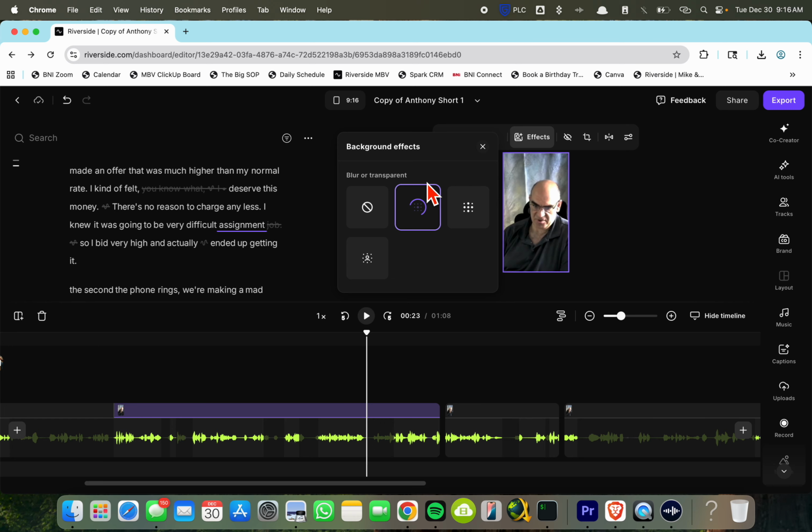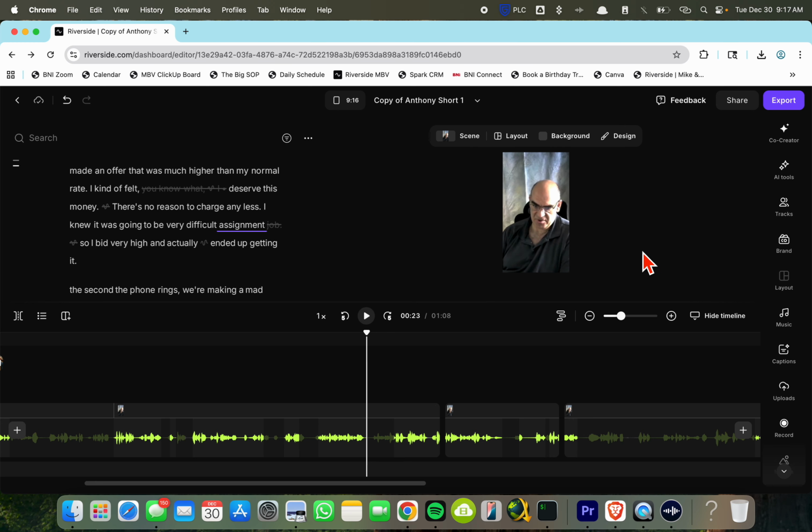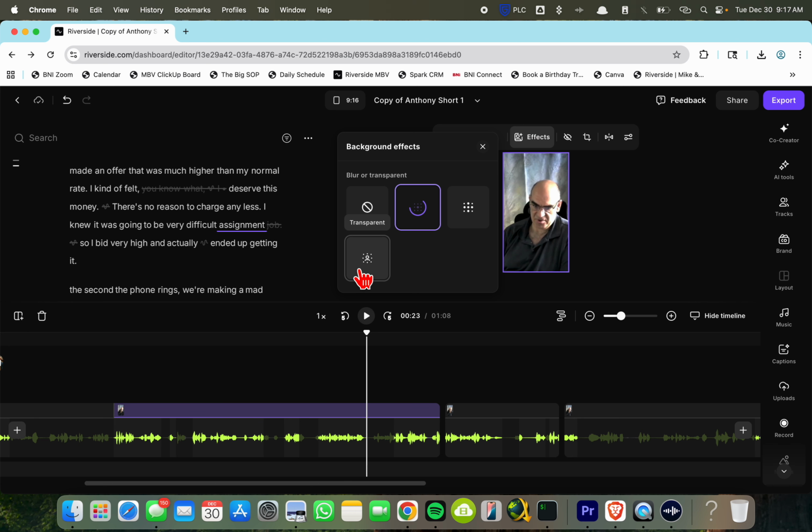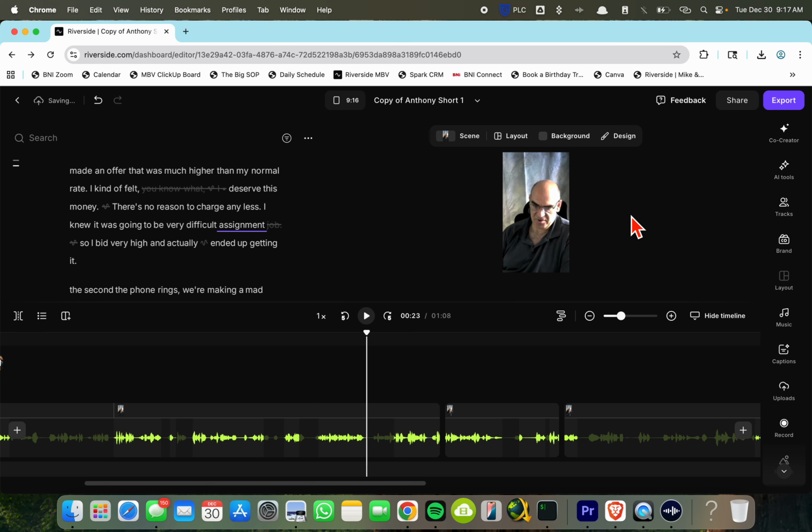But you can blur the background. So slight blur. I like slight blur, but I don't use it very often. There's full blur, which is more blurry, and there's also transparent. I've never used that before actually, but it seems like it might be useful. It's taking a little bit to figure out that blur though. So in the meantime,